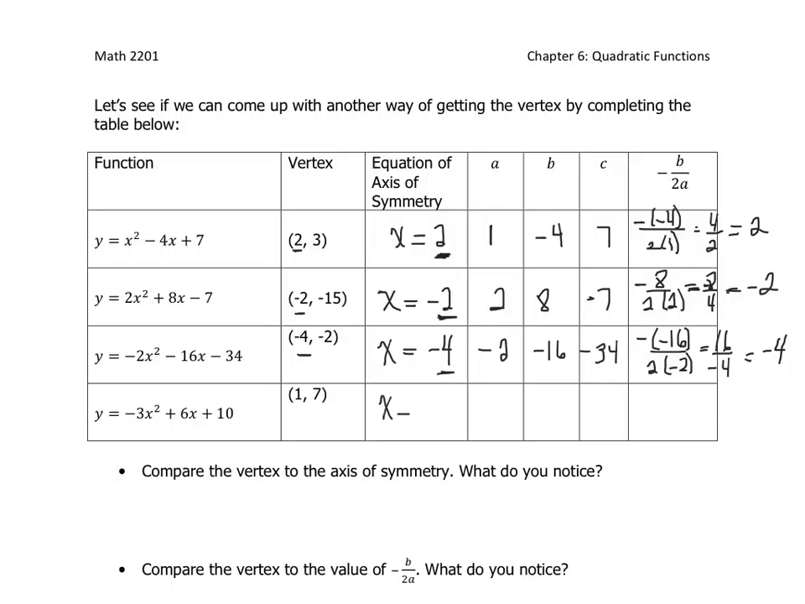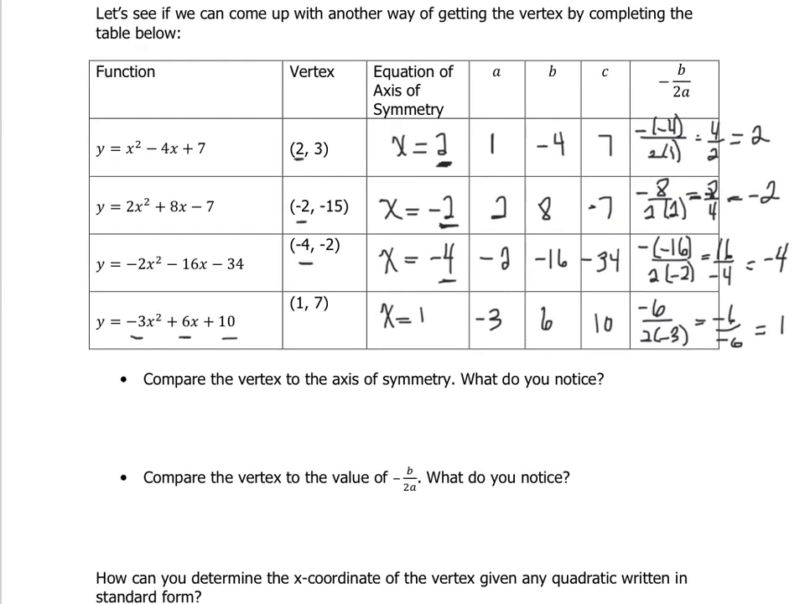And the last one, x equals 1. In this case, your a would be what's in front of x squared, which is negative 3. b would be what's in front of x, which is 6. And c would be your 10. So the negative of 6, your b value, over 2 times the a value, is negative 6 over negative 6, which is 1. So if we compare the vertex to the axis of symmetry, we know, again, that